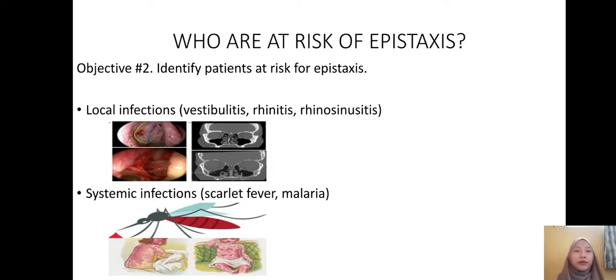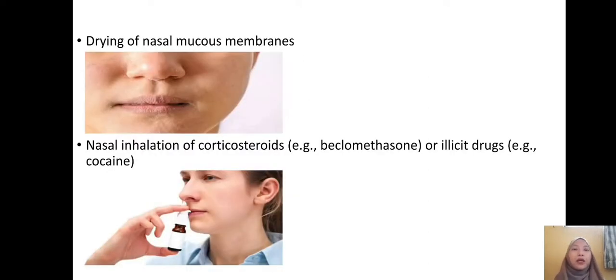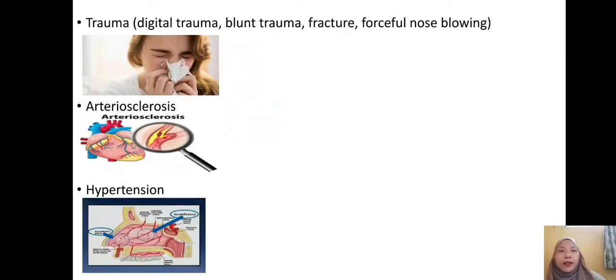We have scarlet fever and malaria, and drying of nasal mucous membranes, and inhalation of corticosteroids or beclomethasone, or illicit drugs or cocaine, and trauma such as digital trauma, blunt trauma, fracture, forceful nose blowing, and